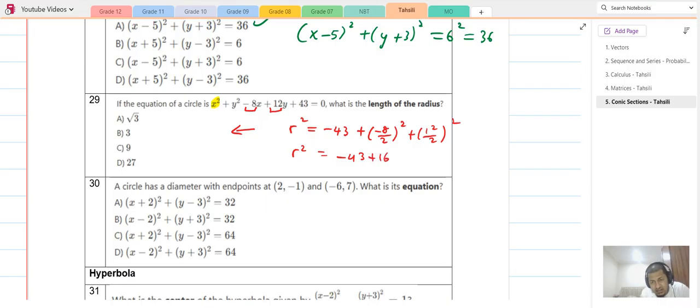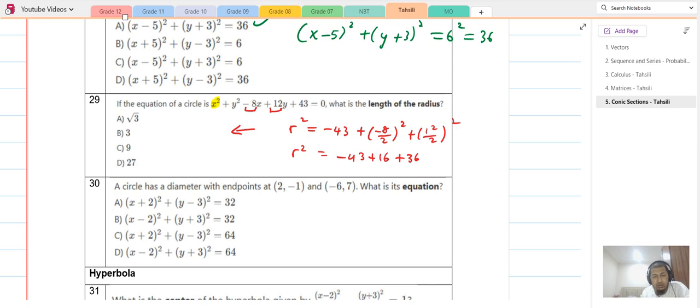That's 16, and we have plus 36. 12 divided by 2 is 6. 6 squared is 36. So we have 36 plus 16, that's going to give me 52, and 52 minus 43 is going to give me, let me see,